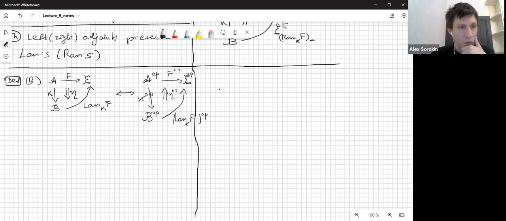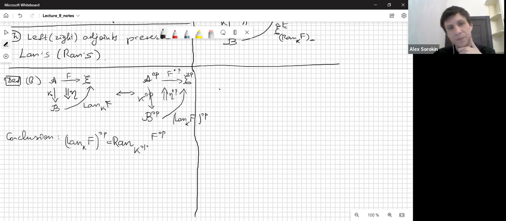So from this, we are making a conclusion. The conclusion is the following: left Kan extension of F along K opposite is in fact right Kan extension of K op along F op. Okay, so applying op to left Kan extension, we obtain right Kan extension, but the arguments are opposite functors. That's it. So now we can formulate